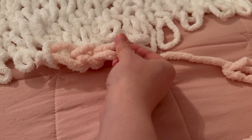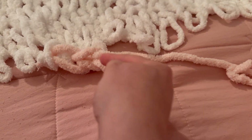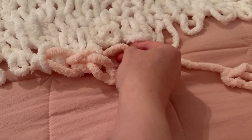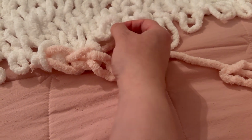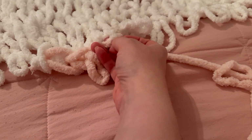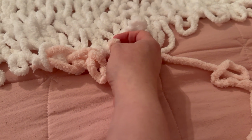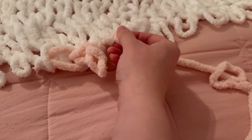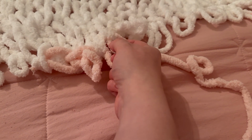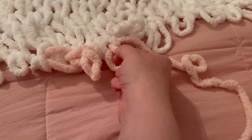I'm making this loop about 2 inches, up to the point where this loop is. And we're just going to keep repeating that until our round is done. When the round is done, we're going to want to knot the ends. Cut the yarn, knot the end,